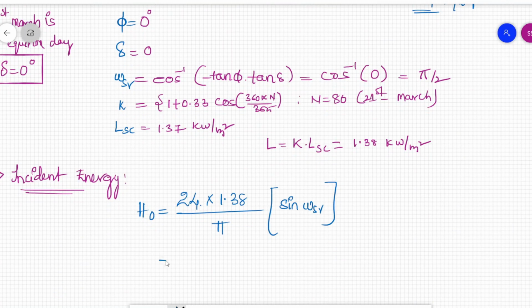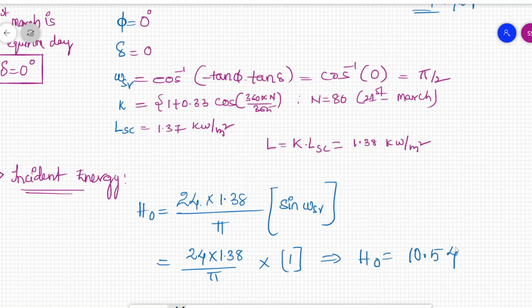So what is omega SR here? That is pi by 2. So we are going to get 24 into 1.38 by pi into sin of pi by 2, and that will be 1. So the H naught value will come up as 10.54 kilowatt hour per meter square per day, right? So this is the value to be found. Okay,